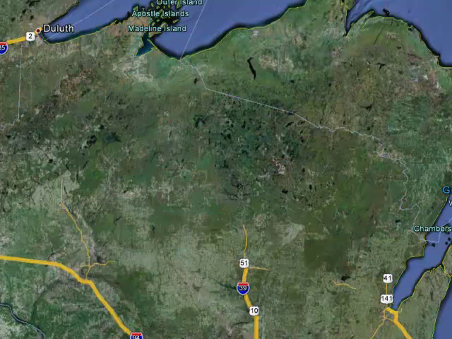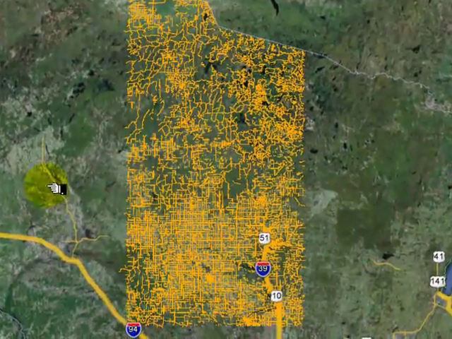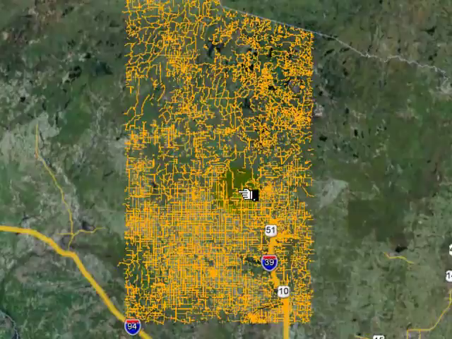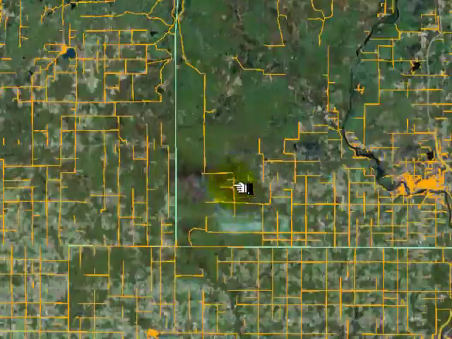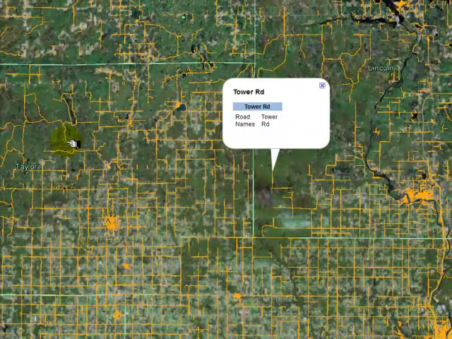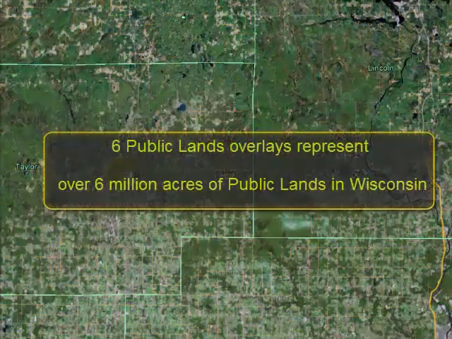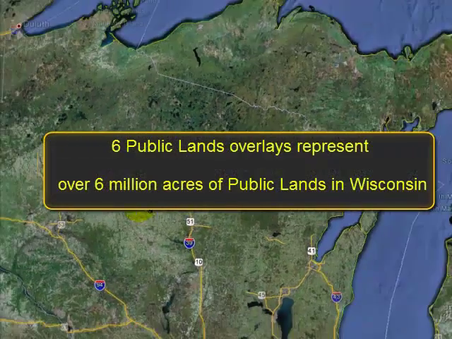Then we'll look at the secondary roads. Your secondary roads for the state are broken into approximately 6 layers. As you zoom in, just like with the primary roads, you can pick up road names. Tower Road, Federal Forest Road 566. Next, we're going to look at public lands, and we're going to zoom back out to